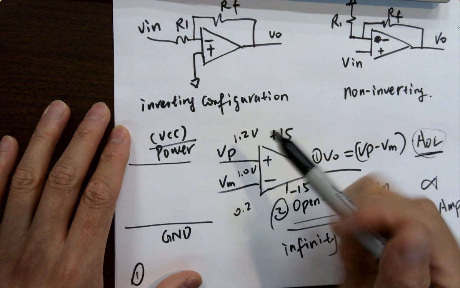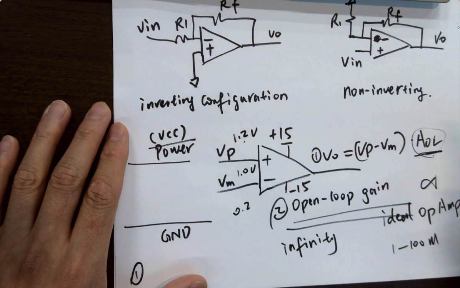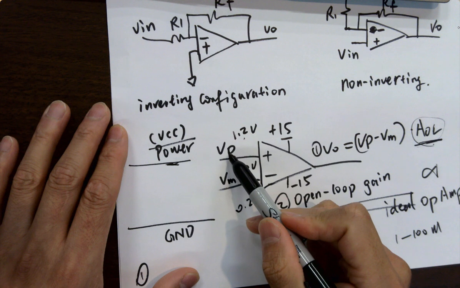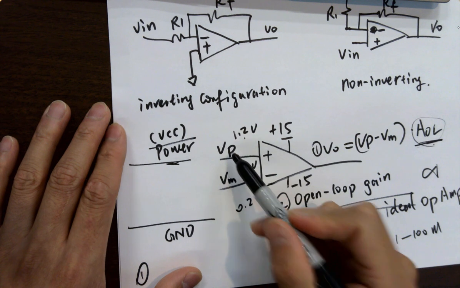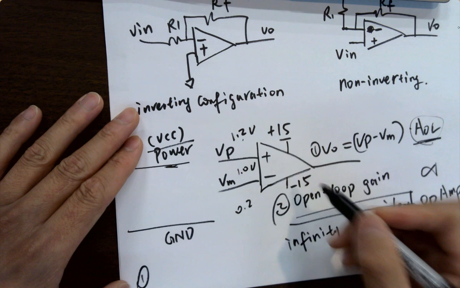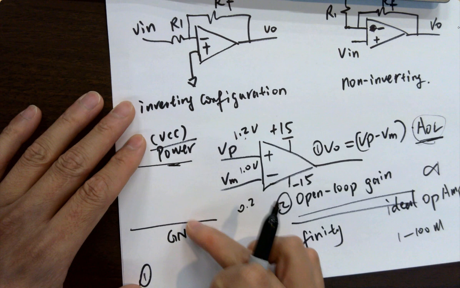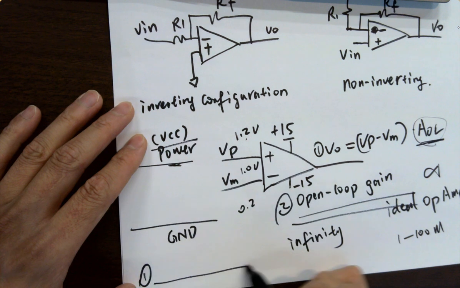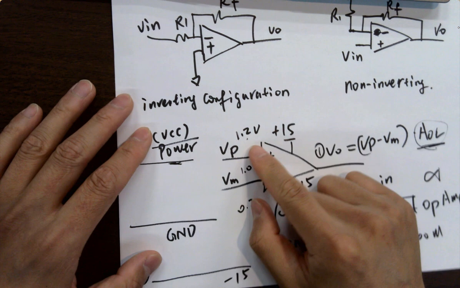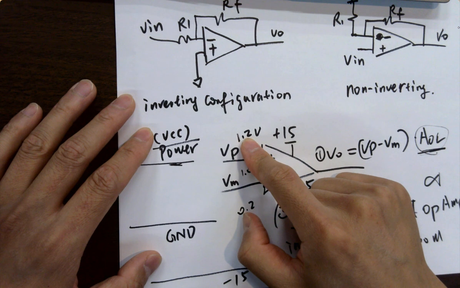Even though there's a tiny change here, a little tiny change, you're getting 15 volts. So it's going to saturate. If you have VM a little bit bigger than VP, what's going to happen? It's going to saturate where? Negative 15 volts. So eventually, for this kind of configuration, 0 is not the lowest voltage you have in the circuit. It's going to be negative 15 volts. For example, if this one is varying,